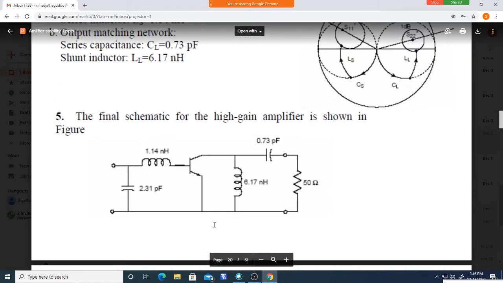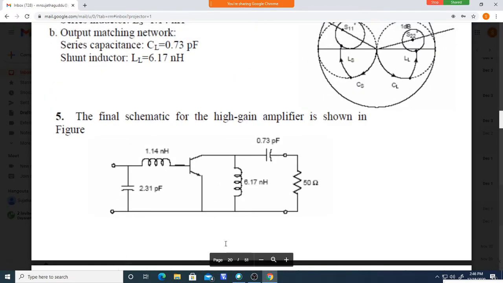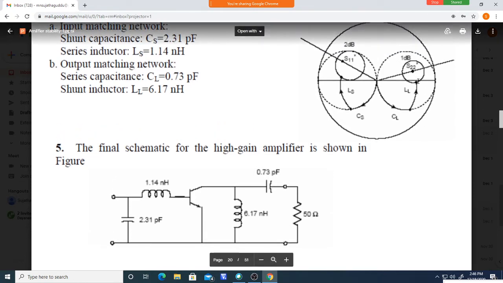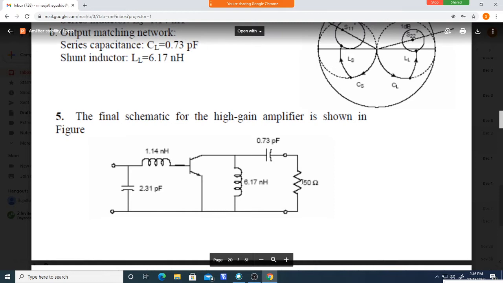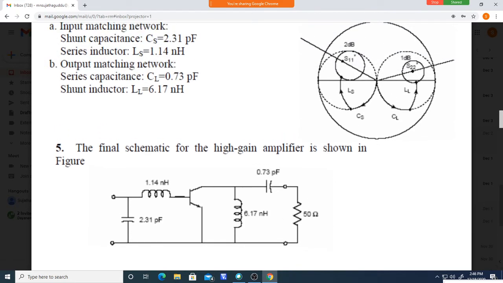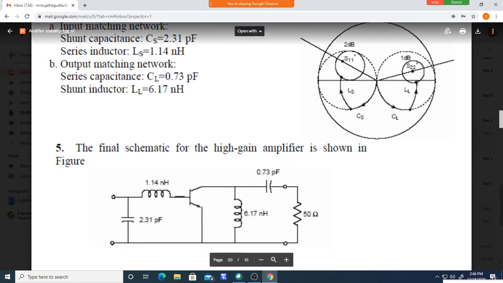Looking in this direction, what I needed is this value. But the load is 50 ohm here, so we marked load 50 ohm here. What is the required value? The required value is this. We also marked this. It is already marked. In the examination also, you draw the stability circle, sorry, gain circle like this. This is the input gain circle, this is the output gain circle. Next one, I already discussed all these things, I am not repeating.